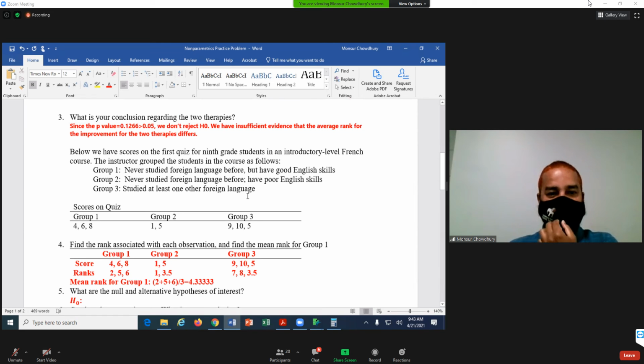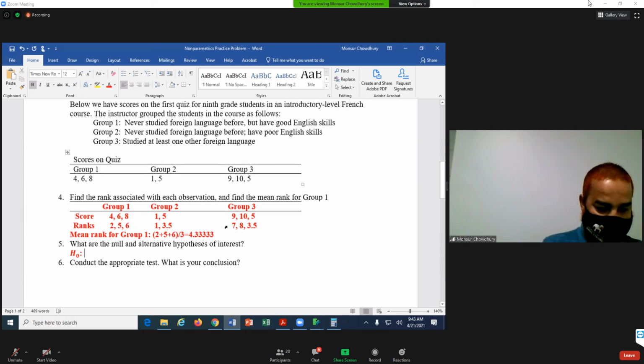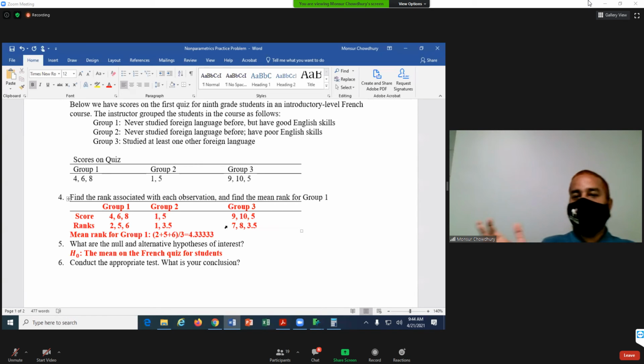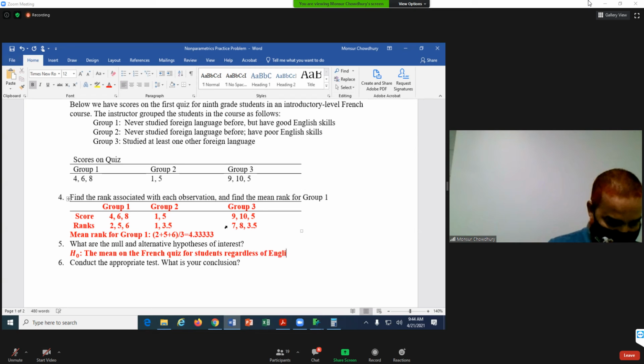What we'd like to know here is whether their scores are different or not. So we can say that the mean rank on the French quiz for students, regardless of whatever their English proficiency is, is the same.